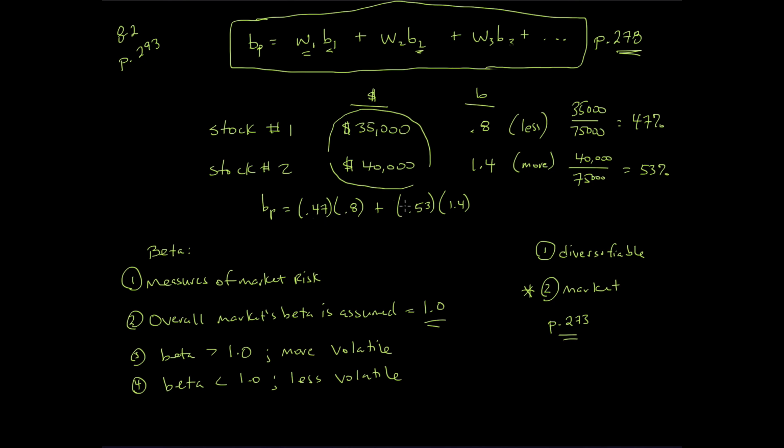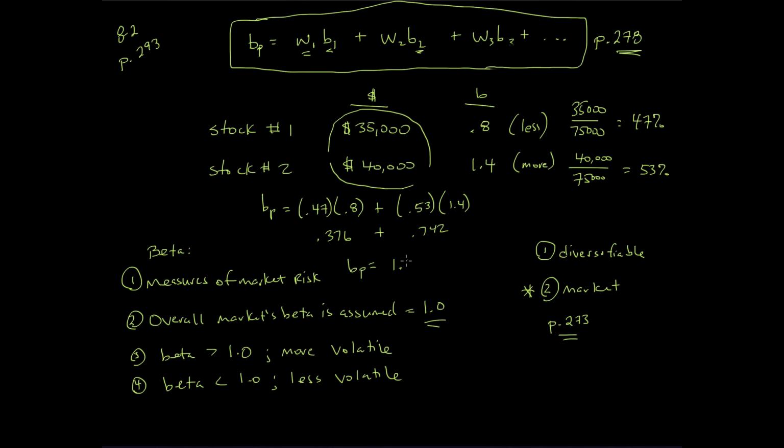Make sure you multiply first, then add together. So 0.47 multiplied by 0.8 gives me 0.376. And 0.53 multiplied by 1.4 gives me 0.742. Add these two together, and the beta of this portfolio